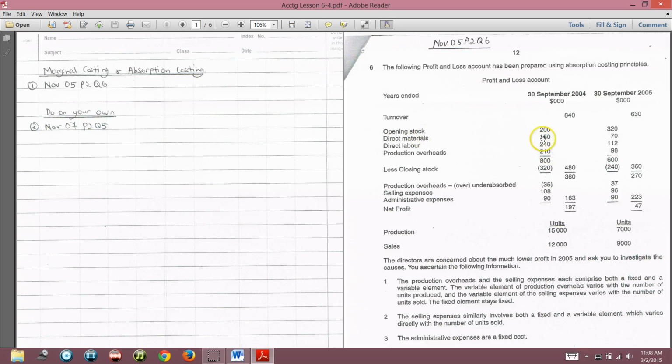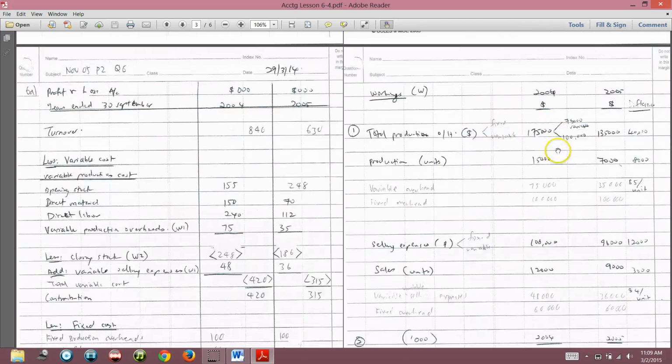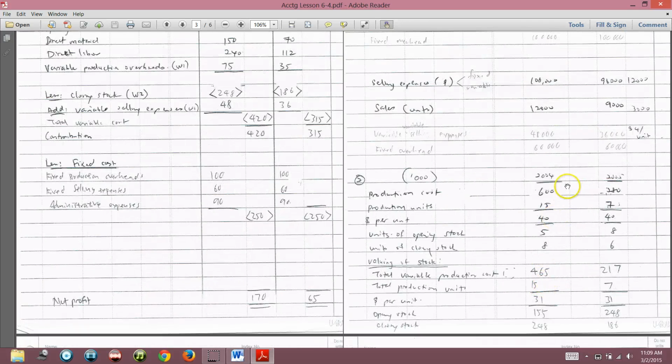You see, the stock would absorb the overhead absorption rate. The opening stock and closing stock would absorb the overhead absorption rate, which includes the fixed overhead and variable overhead. You know that the overhead absorption rate is the estimated figure, the figure that we estimated at the beginning of the year. So all these direct material, direct labor, and production overheads add up to 600,000, and in